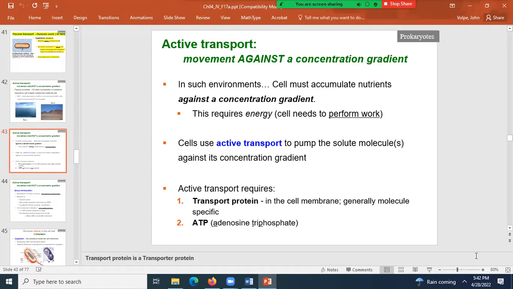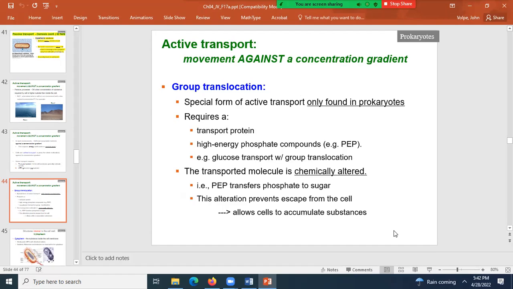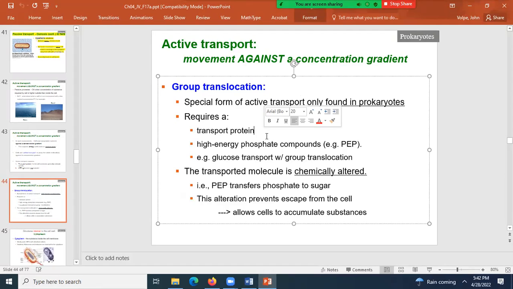You'll notice how I specifically said for eukaryotes. For prokaryotes, they do have another way of moving molecules against their concentration gradient. And this is called group translocation. It's only found in prokaryotes. It does require a transport protein, so it is an active transport. It does require energy to move the molecule against its